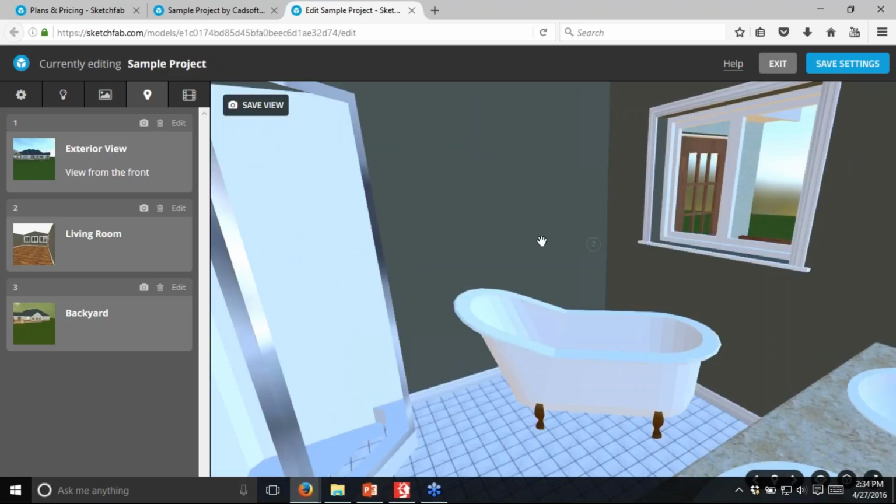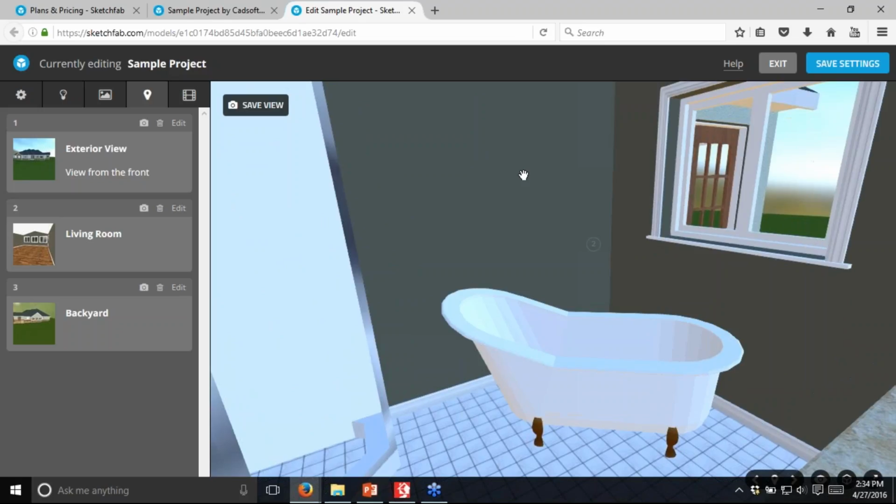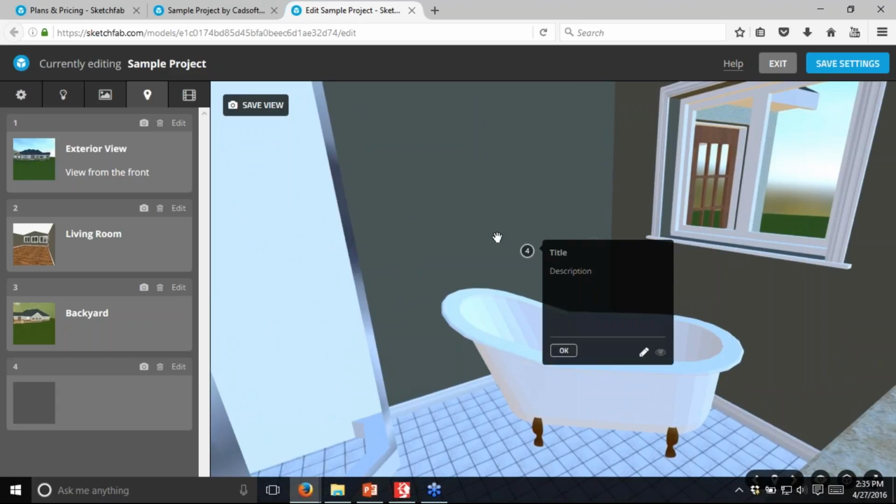Okay, so once you've got the view that you want to put an annotation in, it's just a matter of double-clicking where you want it to go. So just double-click on the scene here, and it should bring up the option to add in the annotation for me. There we are. It came up, so I can call this master bath, and the description